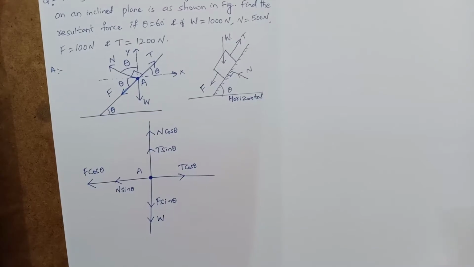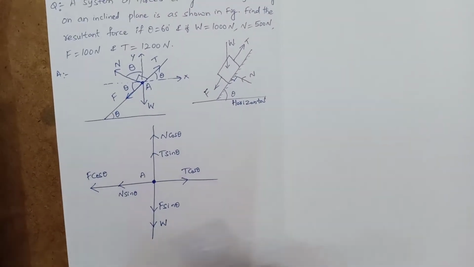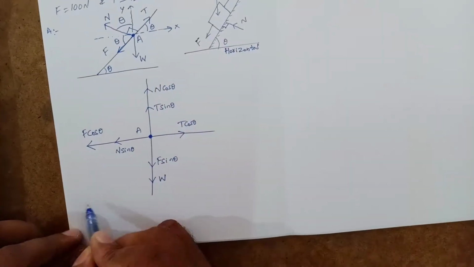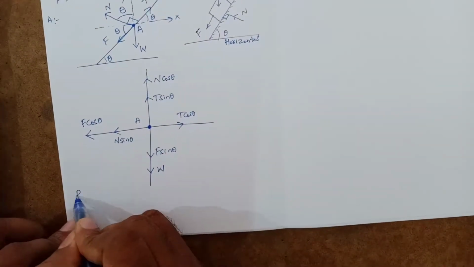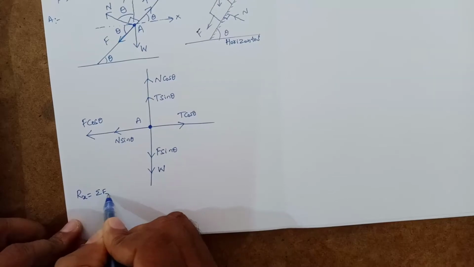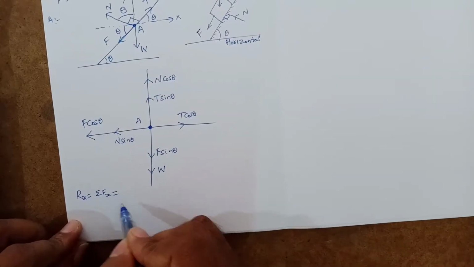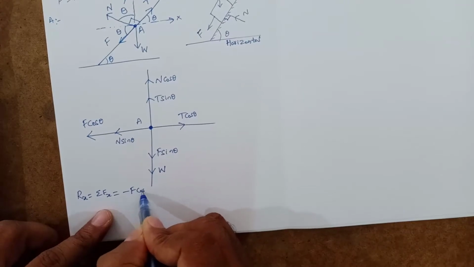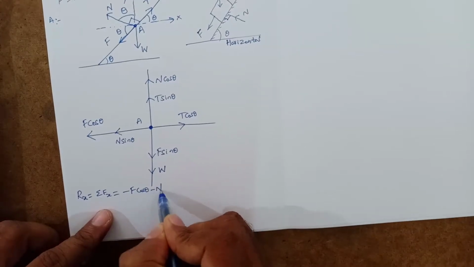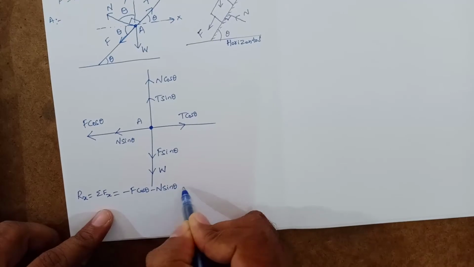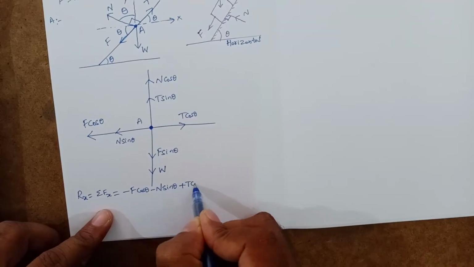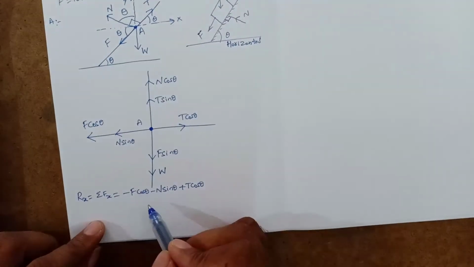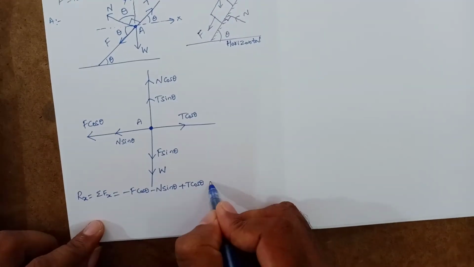Now let us find out the resultant force using their components. So here Rx equal to sigma Fx, that is equal to minus F cos theta because it acts along the negative x direction, minus F cos theta and minus N sin theta and plus T cos theta. These values, F, T and theta, are given. Substituting, what we get,